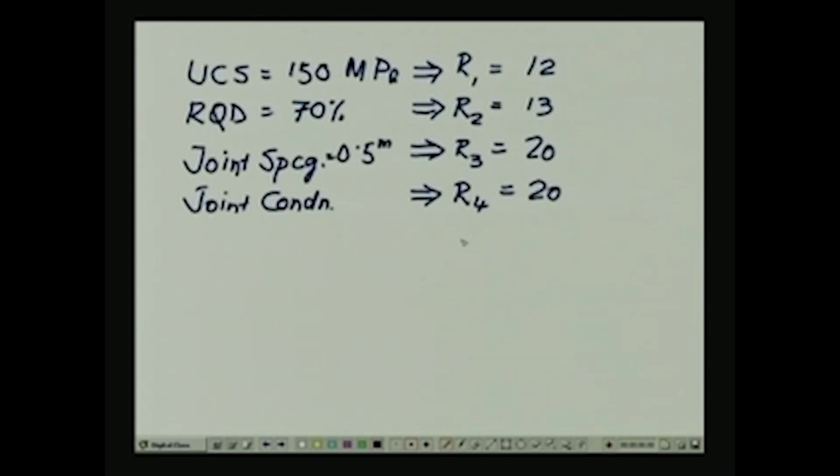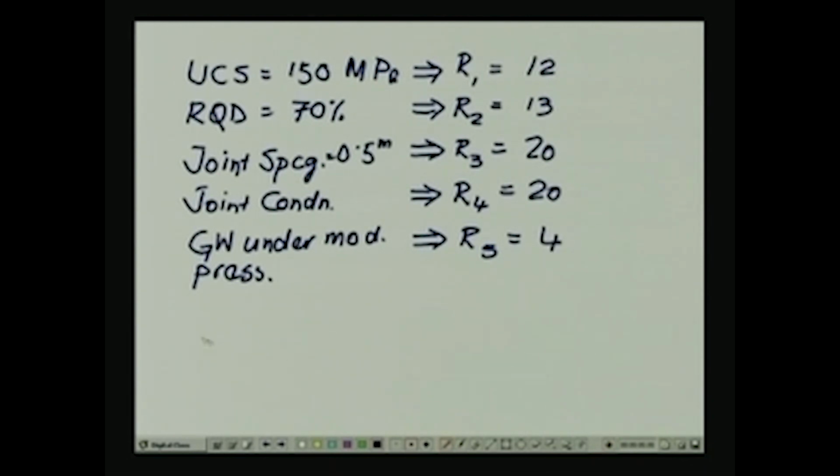As a result, we are using an R4 of 20. Then we have got groundwater under moderate pressure, that gives us an R5 of 4,